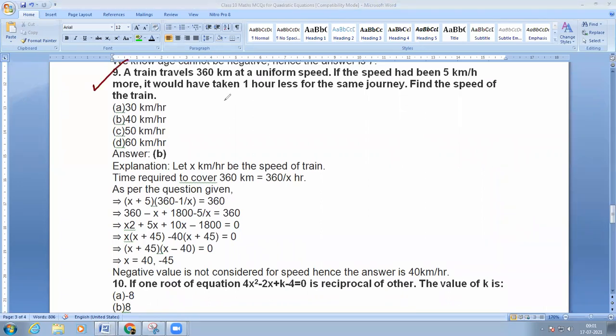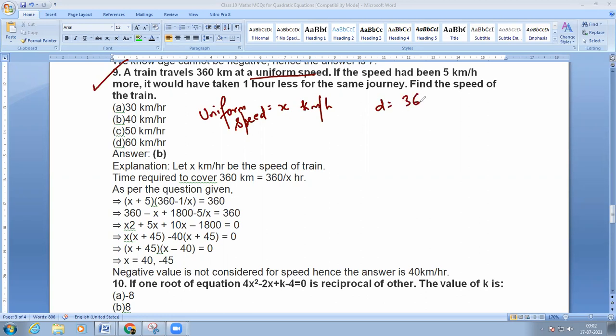Question number 9. A train travels 360 kilometers at a uniform speed. So the train is traveling at a uniform speed, let the uniform speed be x kilometers per hour. This is the uniform speed we have assumed, and the train travels a distance